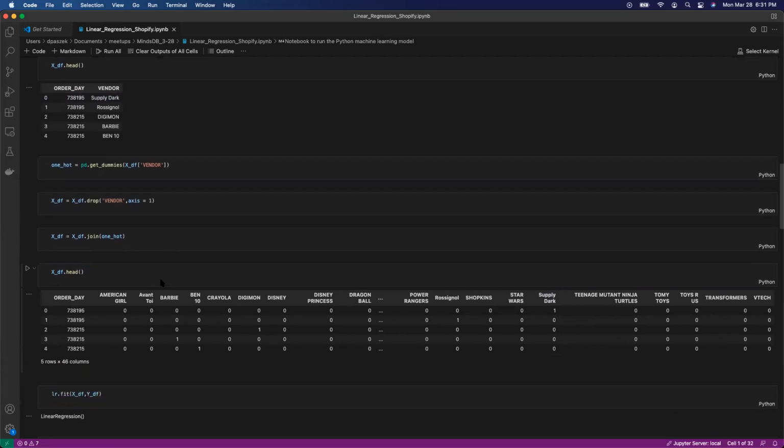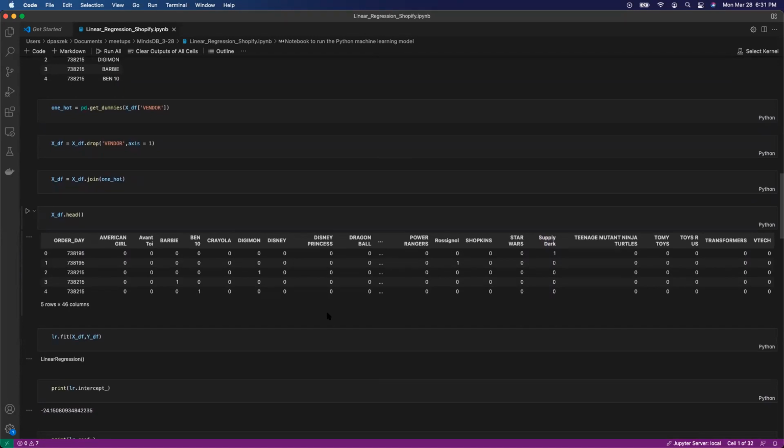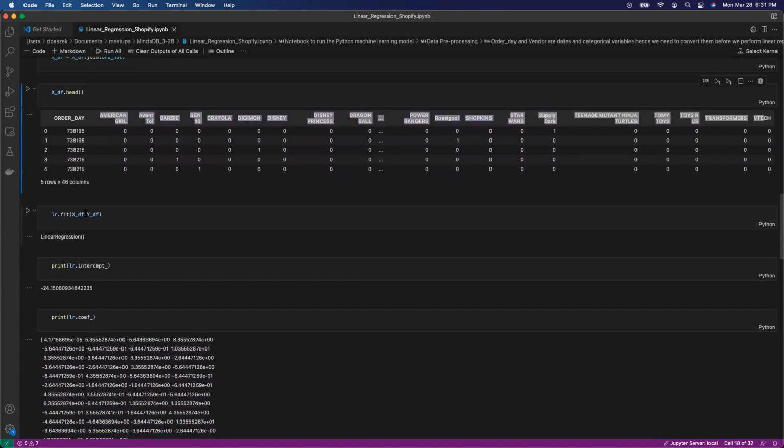Via one hot encoding, we get this more matrix-looking data set, but in essence, this is going to allow us to run a multivariate linear regression model, such that we're able to run predictive analytics based on the order day and the actual vendor that we've got. So we run through a process of fitting our linear regression model based on this new